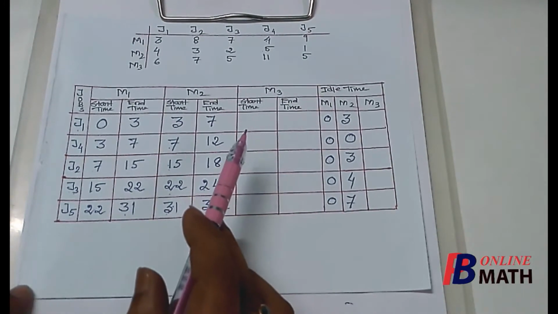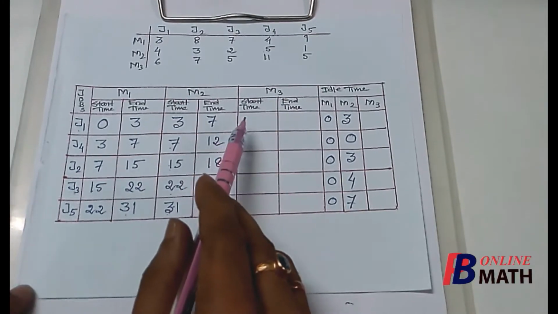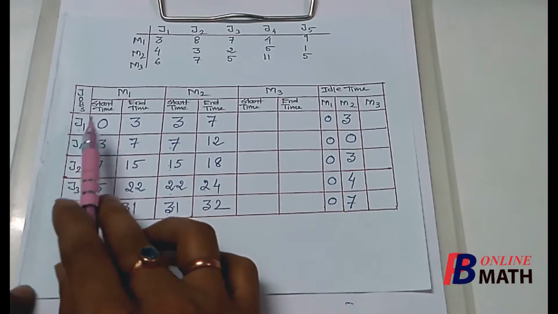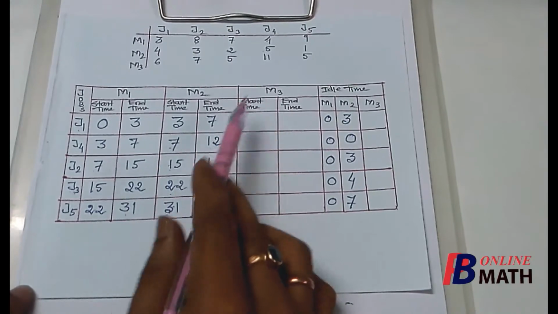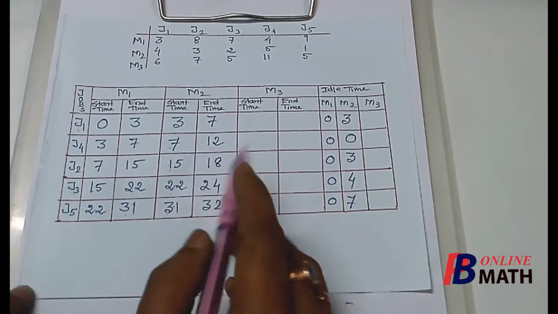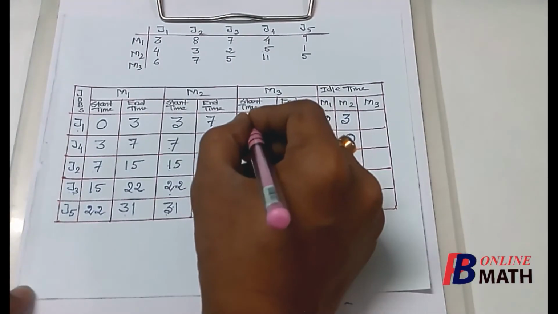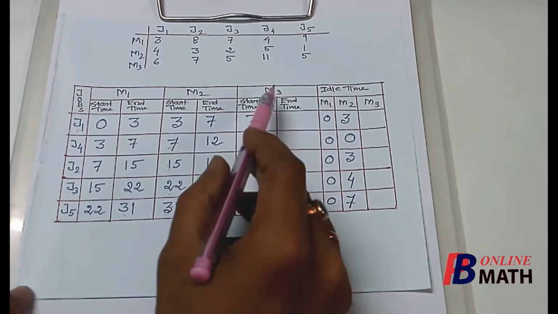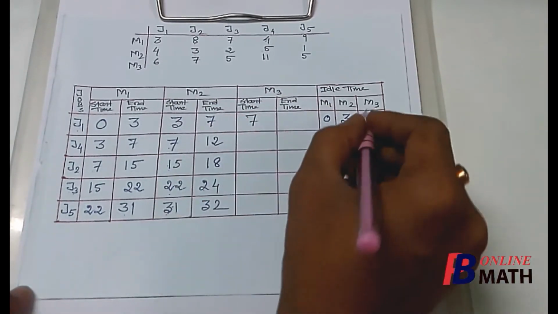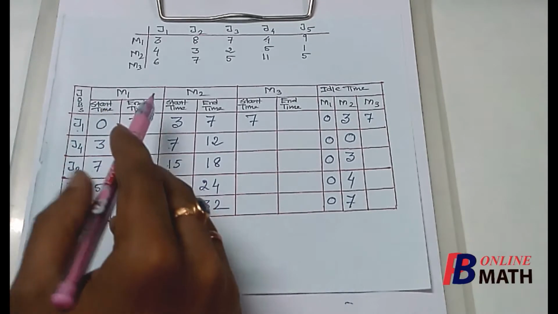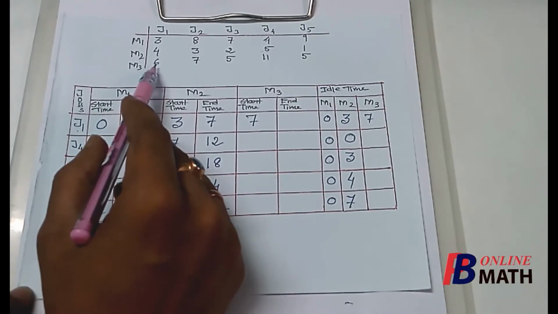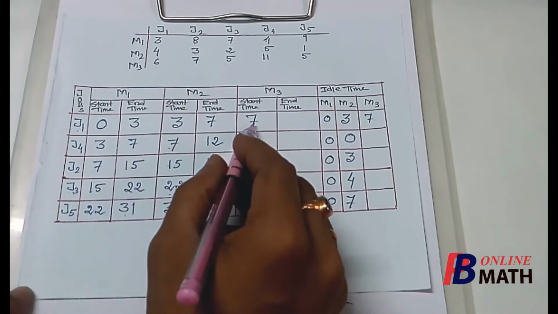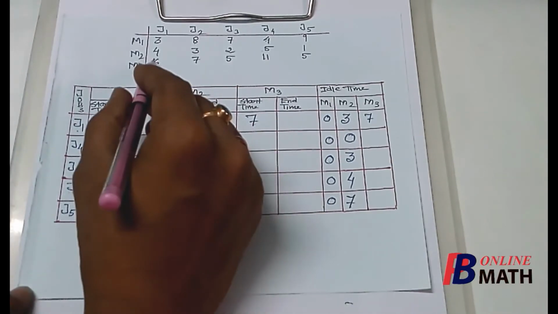Next we find the same for the machine M3. Now here we find that the job J1 is available to the machine M3 only after 7 units of time. So the start time of J1 will be 7. Therefore the machine M3 remains idle for the first 7 units of time. Now J1 takes 6 units of time on M3, so the end time of J1 will be 7 plus 6, which